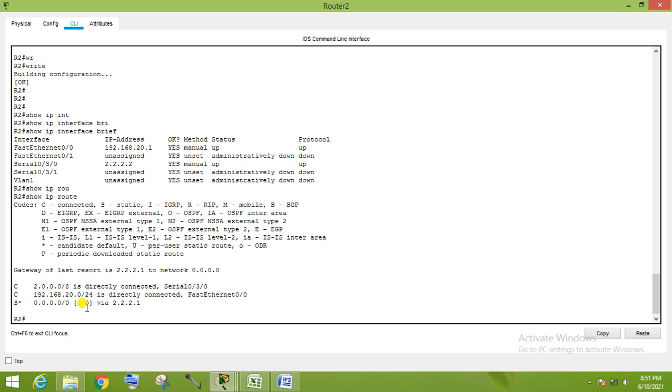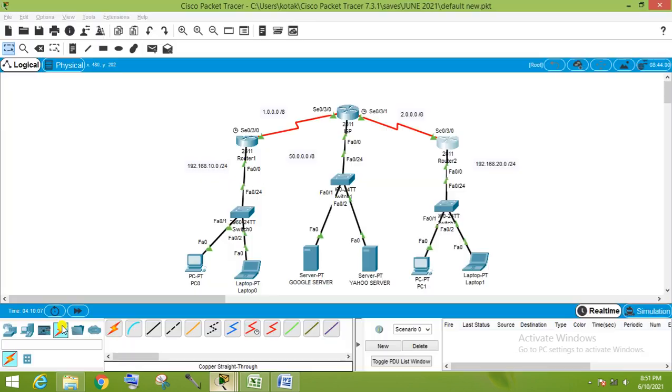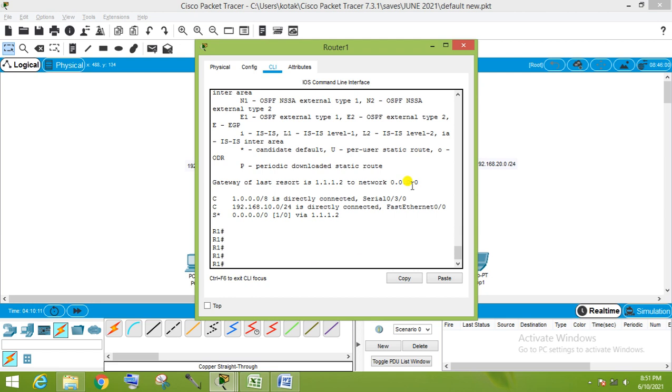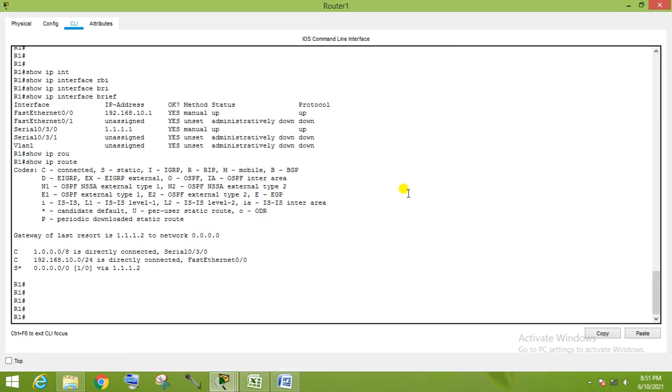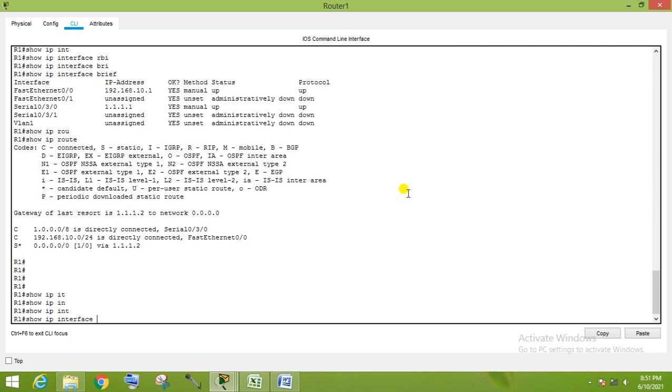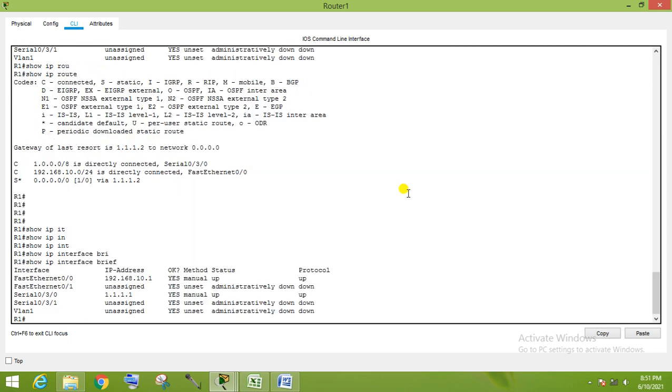Now we have to check our packet is going or not. So first we go to this router number 1, for cross verification. Show IP interface brief. The 10.1 network is that I am changing.